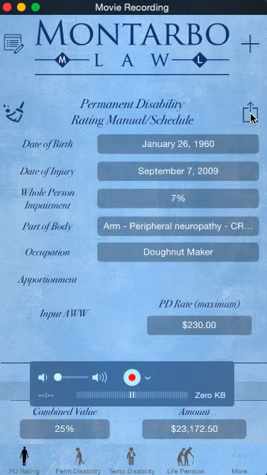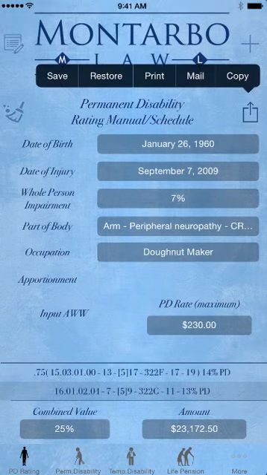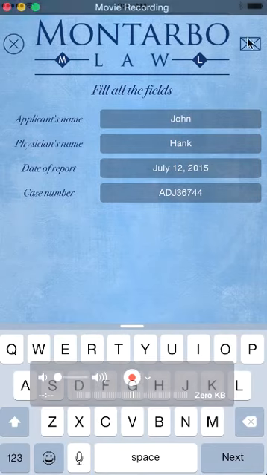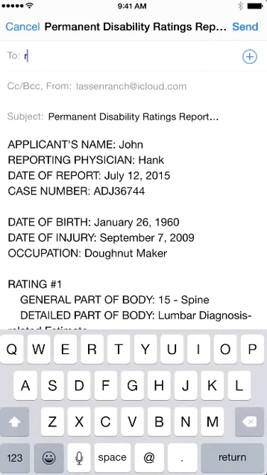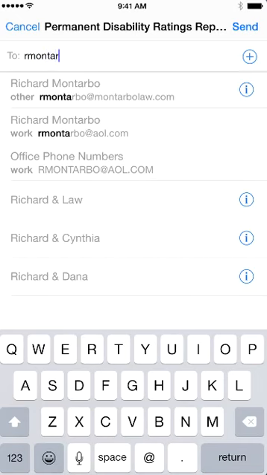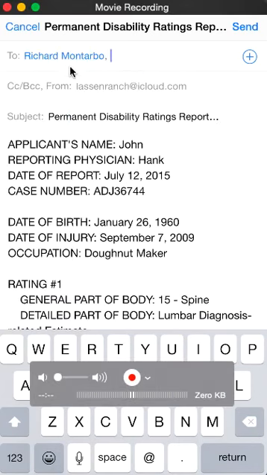What if we want to email that rating? We again hit the export icon. We hit mail, the icon for mailing it, because we've already filled this out. And look what it does. It automatically formats your email so that you can put in an email address, rmontarbo@aol.com. You can see it goes to my contacts on my iPhone, and it picks up rmontarbo@aol.com. I tap on that. Now I have my email address, and you can see that it provides your subject line,